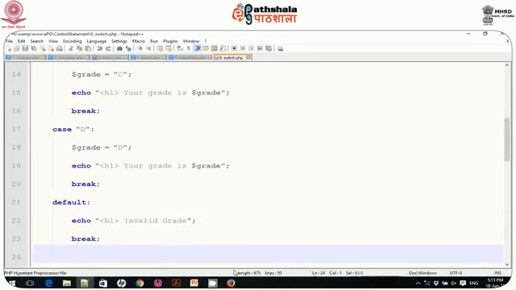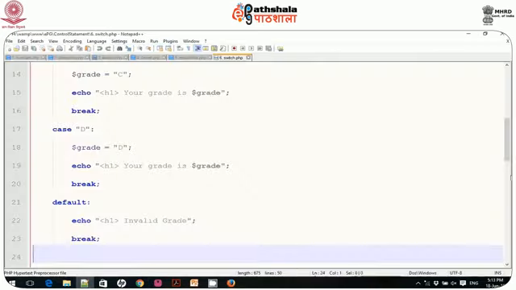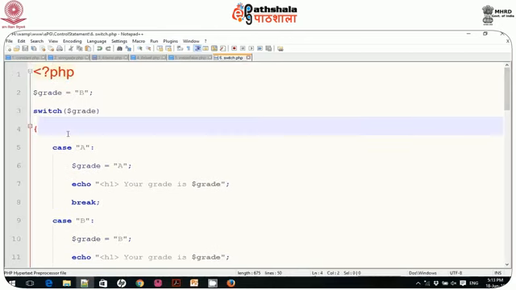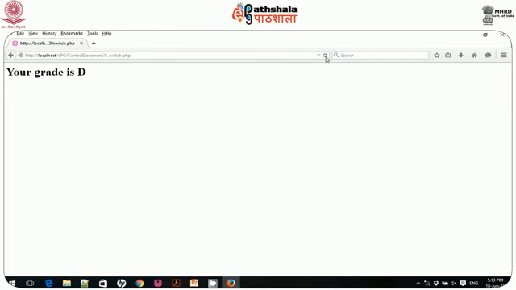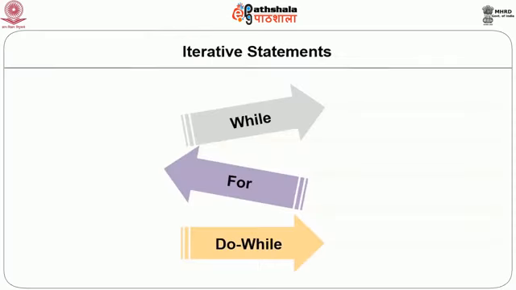Now as I define grade is B, it will display only grade is B. That way your coding can become less compared to the if else ladder. If you define D here, then as you write the break statement, it will only display grade is D. So this is about the switch statement.